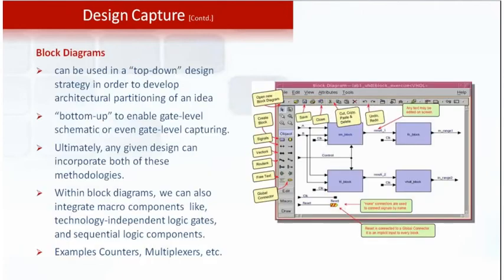This is block diagrams. Suppose we are doing some top-down design in which I will have some blocks, and I need to go for some design or architectural partition. Initially I can go for some sort of block diagrams like this, and internally later I can divide them into, for example, state machine based, flowchart based, text based, or truth table. That is also possible. Suppose when we go for bottom up